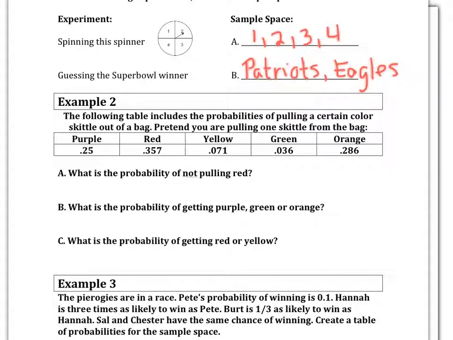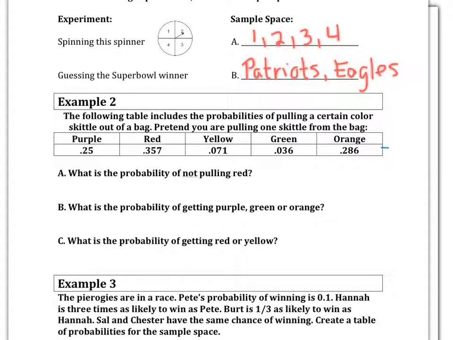So we're going to use those probabilities to answer the following questions where we're looking at the probabilities of specific events. So A says, what is the probability of not pulling red? Well, there's a couple different ways you could look at that. You could look at it as the probability of pulling purple, yellow, green, or orange. Or you could just do the probability of not pulling red. So if you know that these are all possible outcomes in this bag of Skittles, then they must have a